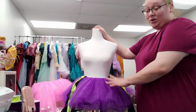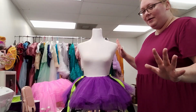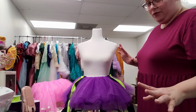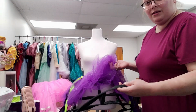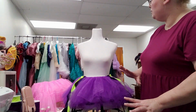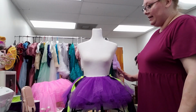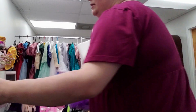Okay, I am doing some work on Ursula today, and my idea is for her to have a multi-layered outfit. So I've got a short hoop skirt, and then she will have a long skirt over that, and then that is going to,